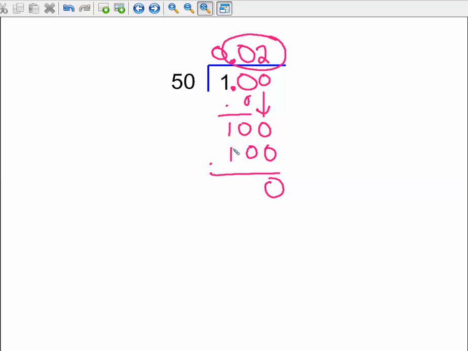I would like you in your notes to do these next two examples on your own. So do this example,